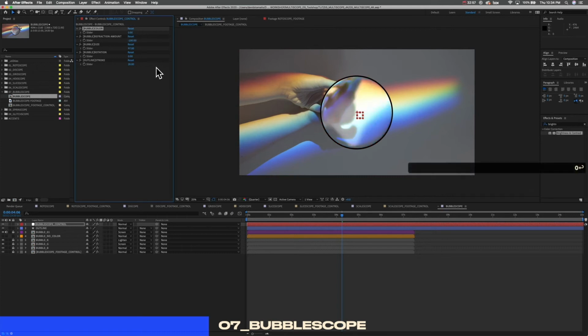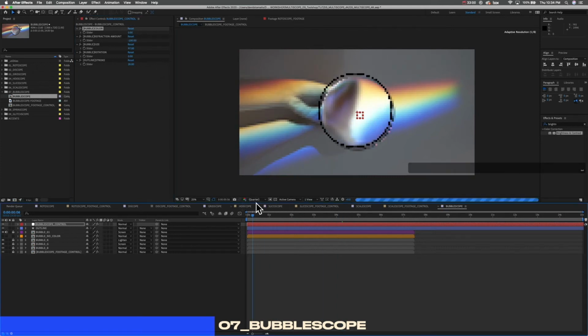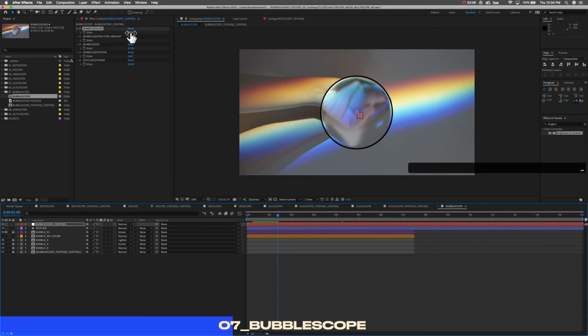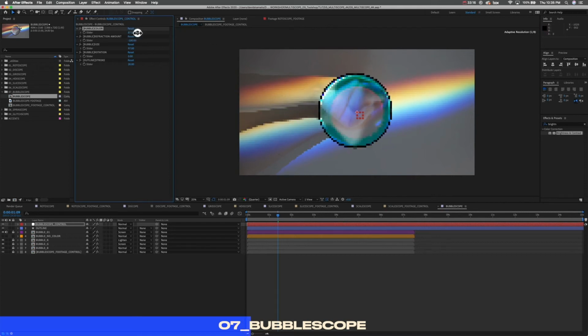So if I bring this all the way down to 0, I'm at the baseline where there's a little bit of colorization effect happening, but nothing too crazy. And then as I start to crank that up, you can see the red channel starting to shrink within the bubble. And it gets to this kind of critical mass point. And this is also based on bubble size, but it gets this critical mass point where it bleeds over the edges of the bubble and it actually creates really cool, almost like moire patterns on the edge. And if I keep going,